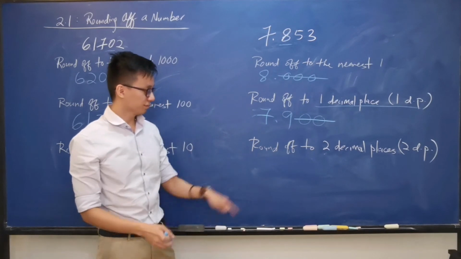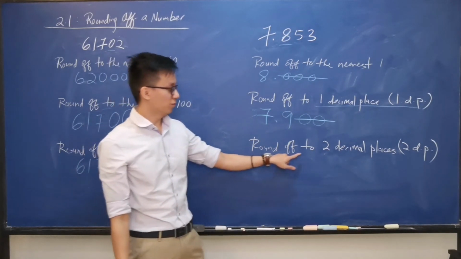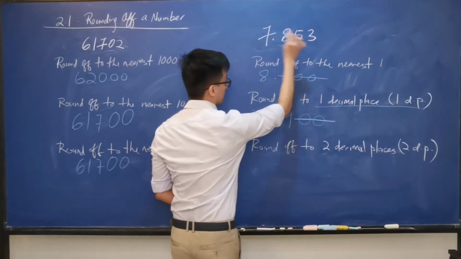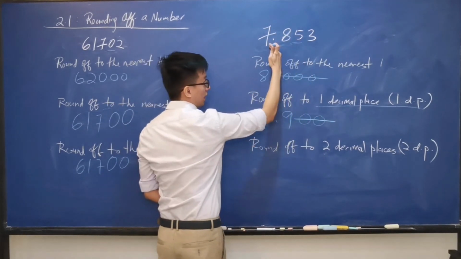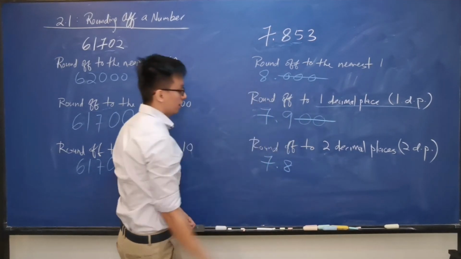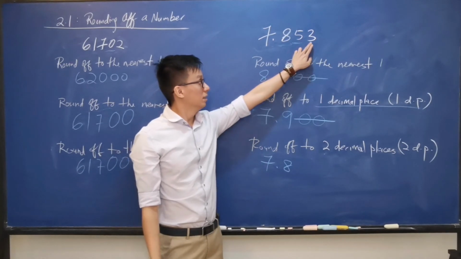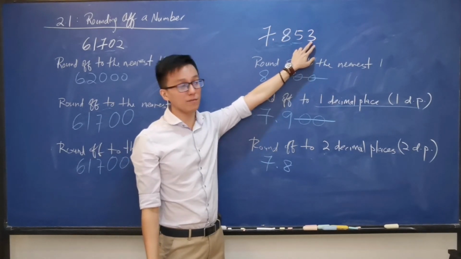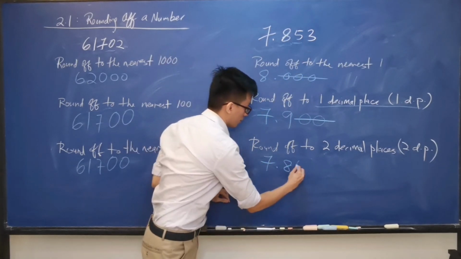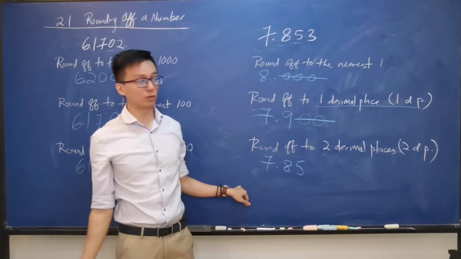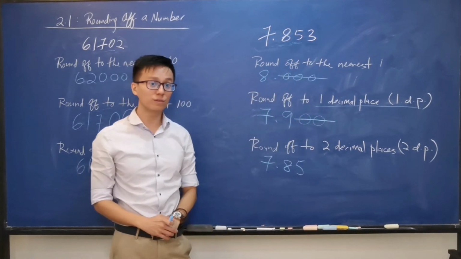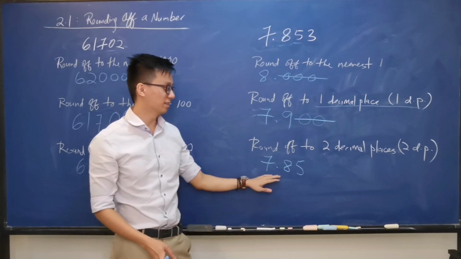The last question. Round off to 2 decimal places. The digit at the left of 5 will remain the same, 7.8. So 3 is less than 5, which means that this 5 will remain. So the 3 turns to 0, and we don't have to write it down. So the answer will be